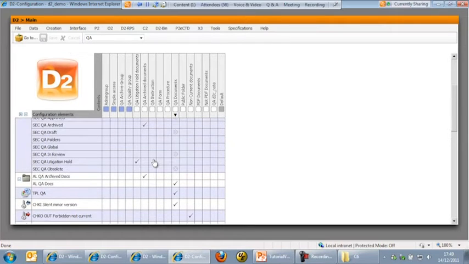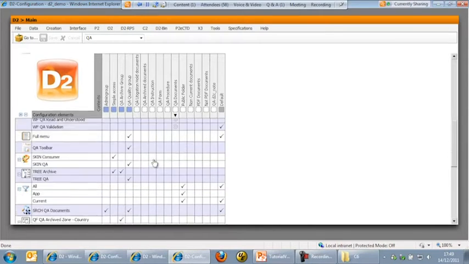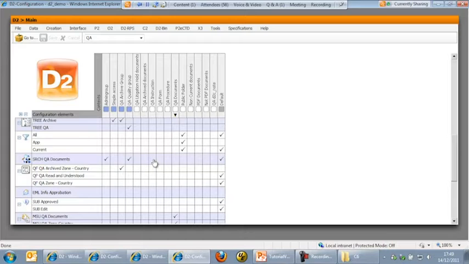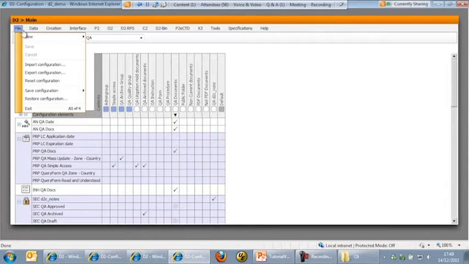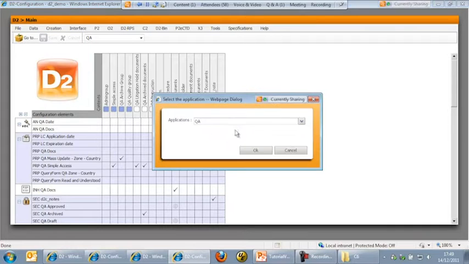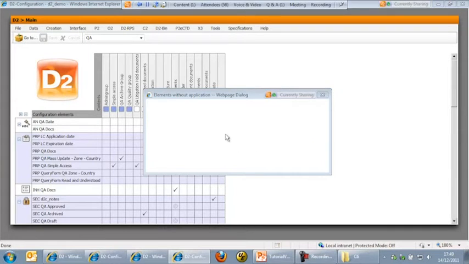So you can really easily, from the D2 configuration, configure a lot of business rules related to the document, but also directly related to the user interface. And when you have done this configuration, let's say in the development environment, you can go in this file menu and select export configuration, select your application,